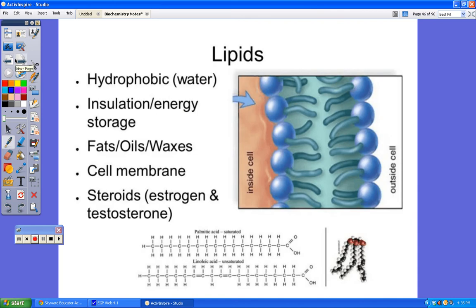So lipids are really important in our body for several reasons. One, they are hydrophobic. Oil does not mix with water, for example. So what they do then is they insulate our cells. And many parts contribute to this: fats, oils, or waxes. But like I said, these make up our cell membrane, and they keep water into our cells or out of our cells, depending on what we need. And then the other last part about this is that steroids, and you may not think of estrogen or testosterone as being steroids, but those are also lipids.